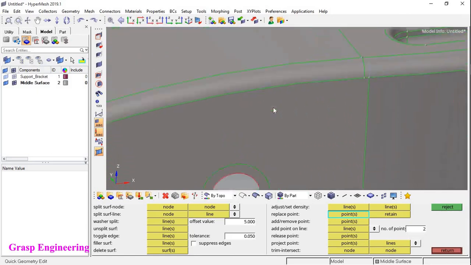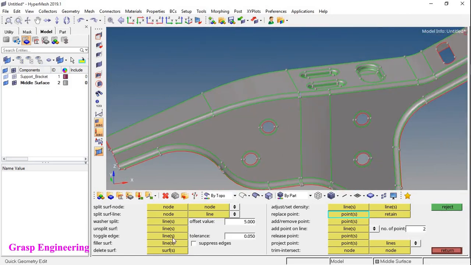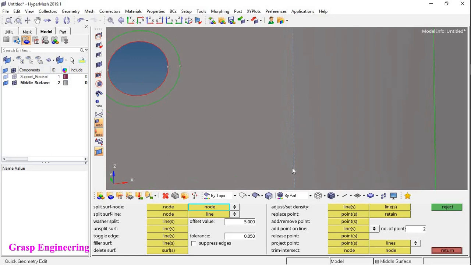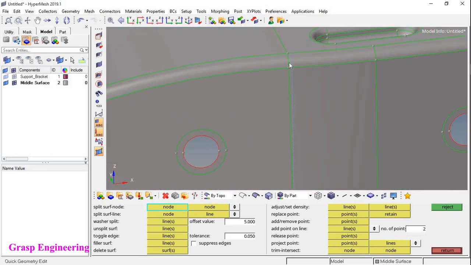So in such a scenario, you can toggle this edge if you want to avoid this, and you can use this node option and select this node. Now you will find that the respective surface is split with the help of this option. Likewise, when you have such a situation, these different options are useful. So I will reject this and keep this as it is.